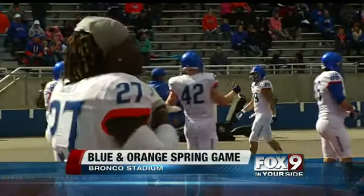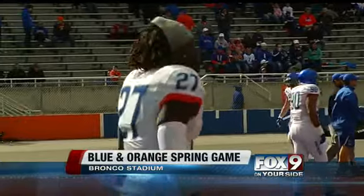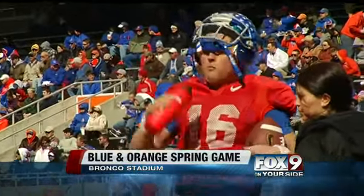Unlike in the fall scrimmage, the Broncos do keep track of score in the blue and orange spring game. Into the victors go the spoils. The winning side gets teriyaki bowls in a shower. Sounds great. The losers remain hungry and smelly. The scoring itself is pretty simple. The offense earns points in the usual ways, while the defense gets credit for things like sacks, turnovers, and fourth